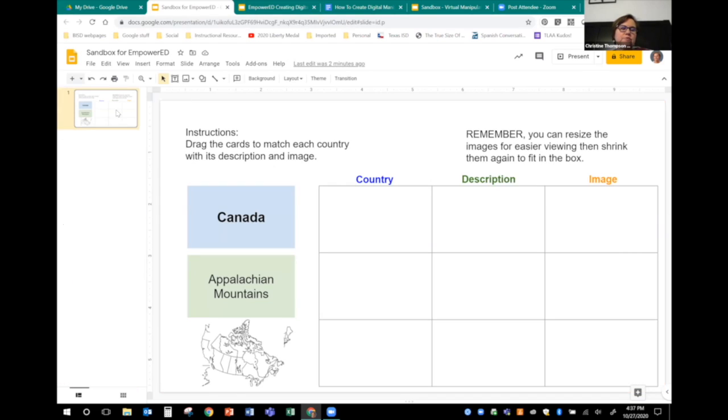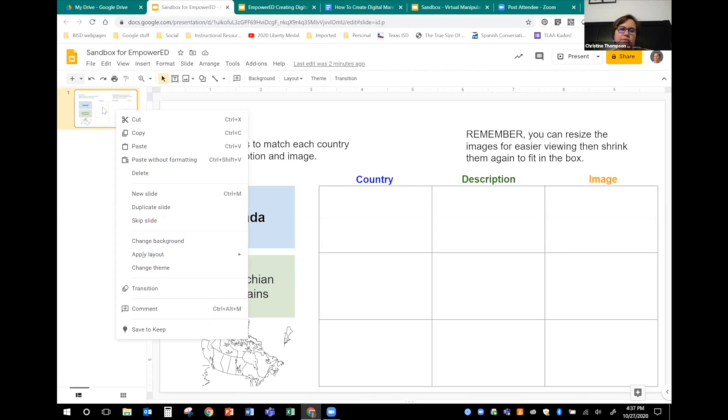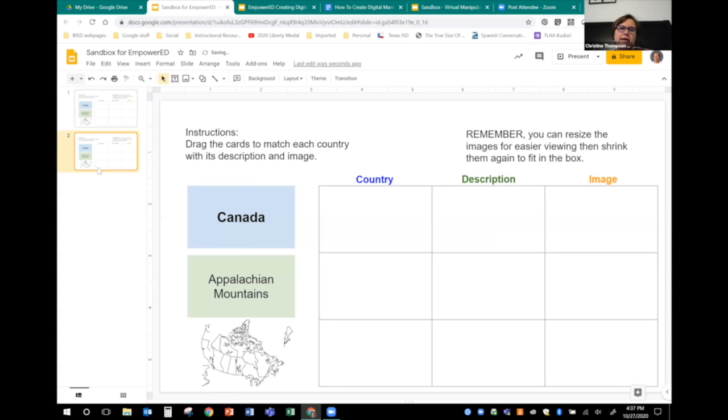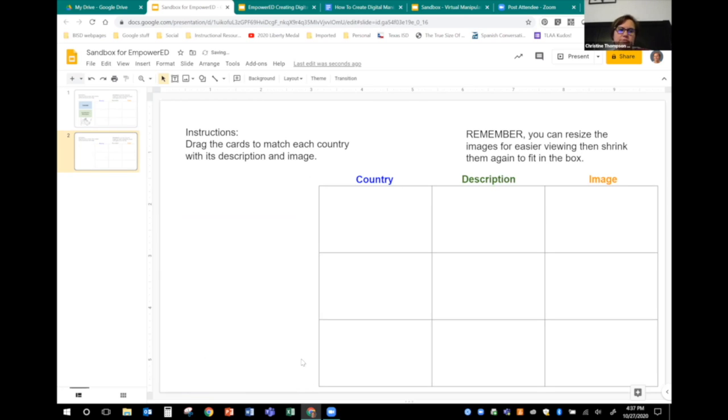So we're going to first come back over in our sandbox. We're going to right click on the slide over here on the left column and click on duplicate slide. And it's going to make an exact copy of what we already had. And then we're going to highlight our stacks of cards and delete those out. Okay, so now what we've got is just the background stuff, the stuff that we don't want kids to be able to move.